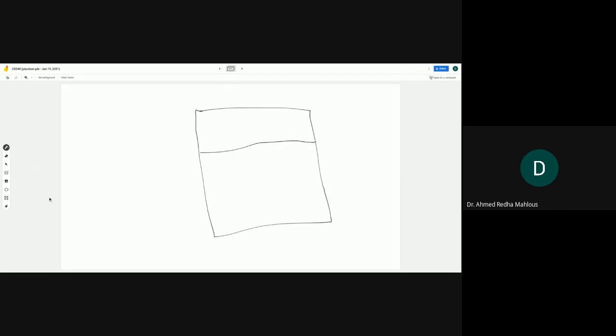You have your data, let's say the data type, and here you have operations,